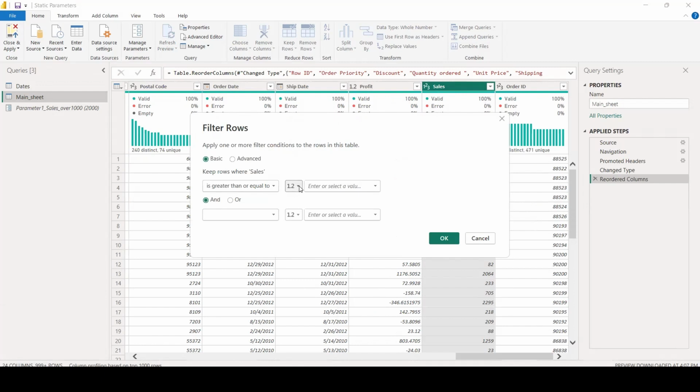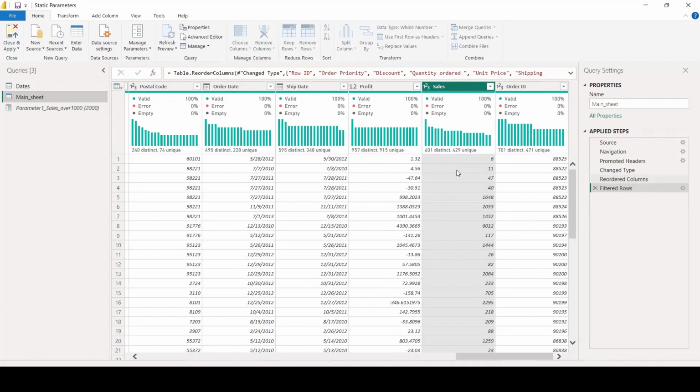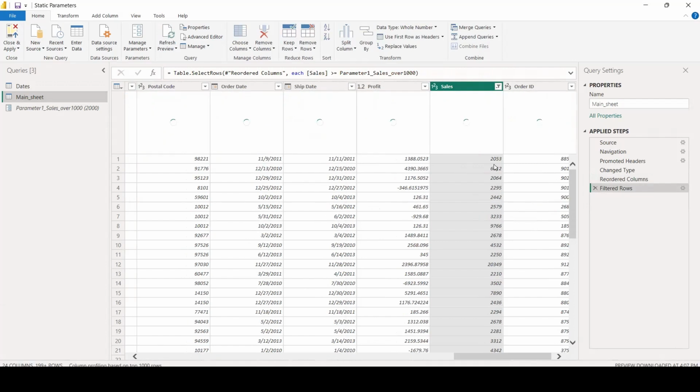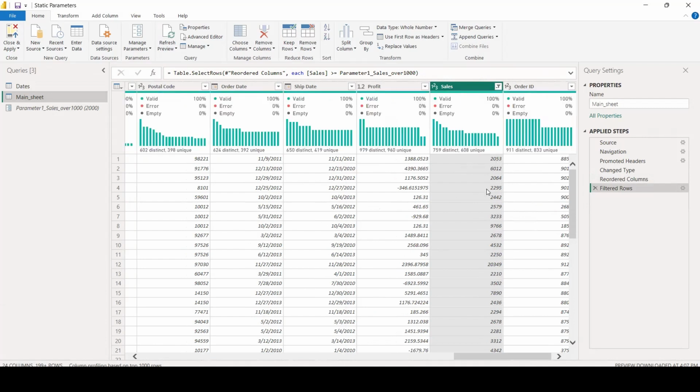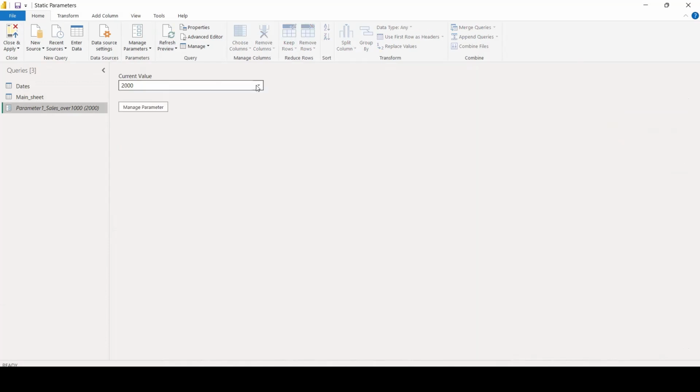So here in this option you have the parameter option. If you click on it, because we have only one parameter, we'll have our parameter. And if I click OK, now we can see that the data was filtered with a minimum value of 2K, 2000.